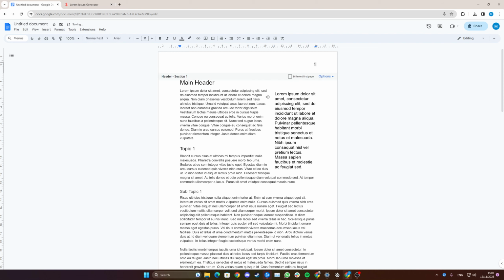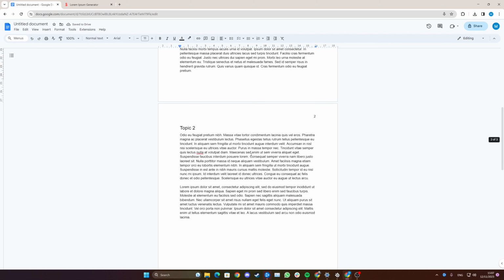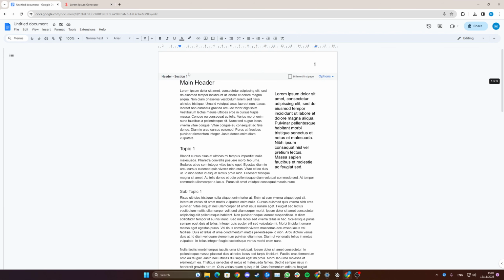So as you can see, it says page number 1, which is correct, and now it's automatically added in page number 2 as well. So you can see header section 2, header section 1. And now you can simply go around and play around with the numbers,